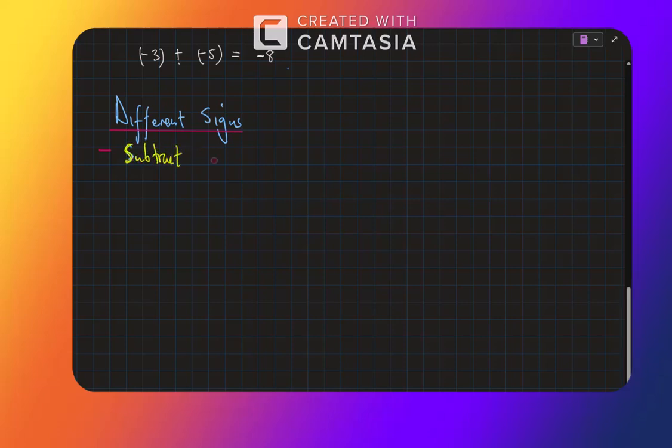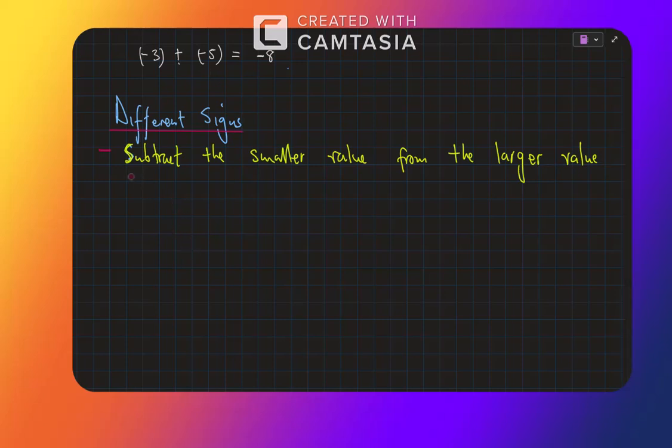Subtract the smaller value from the larger value, and take the sign of the larger value, right? For example,